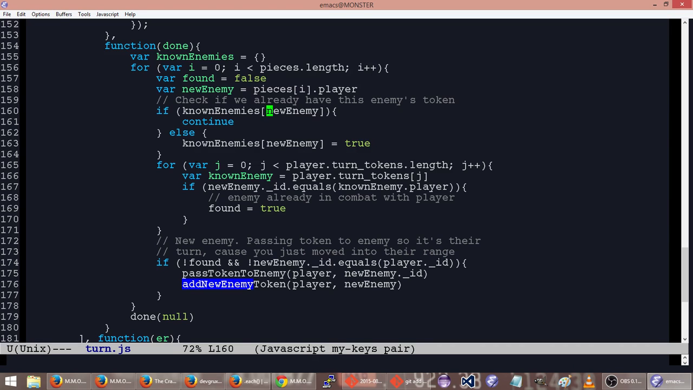For var j equals 0, j less than player.turnTokens. So player turn tokens has 0 length. So found is false for